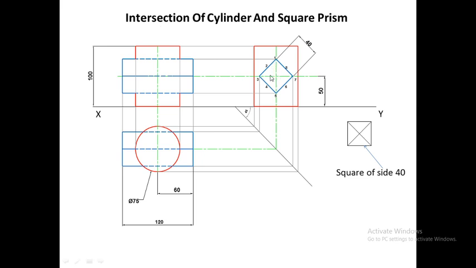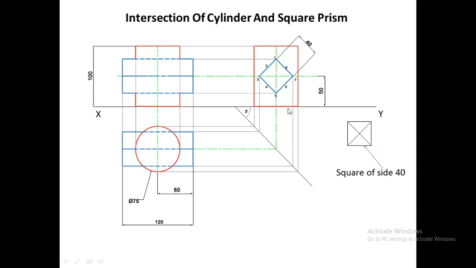Similarly, in order to draw the curve passing through point 3 and 5, now we have the extra point 4. So we can join the curve as 3 to 4, 4 to 5. Similarly, we can join the curve from 5 to 6, 6 to 7. So always keep in mind that whenever you have to draw curves of intersection, you need at least 3 points, because curves cannot be drawn with the help of 2 points. So we have to mark extra points, which are nothing but the midpoints of the sides.